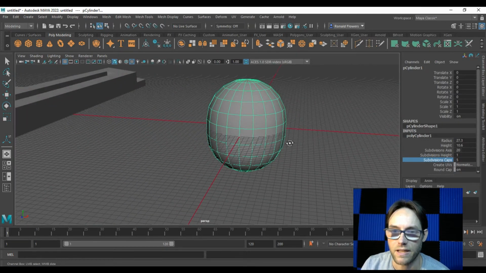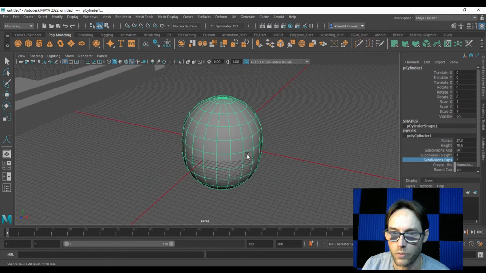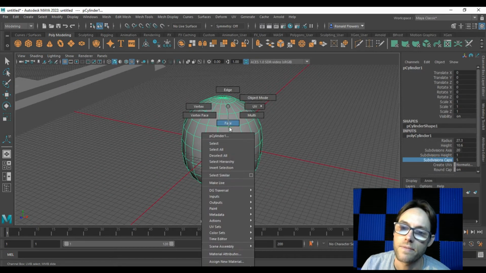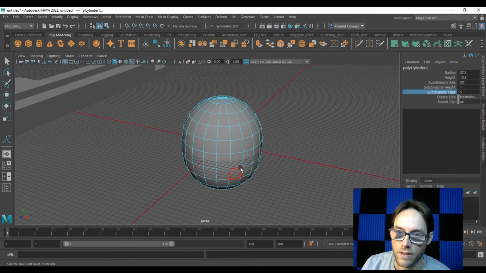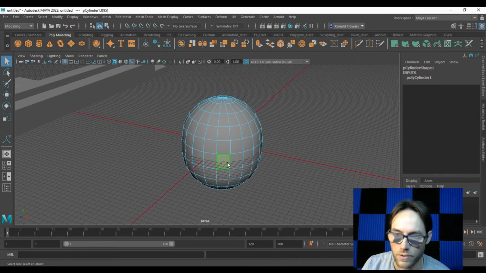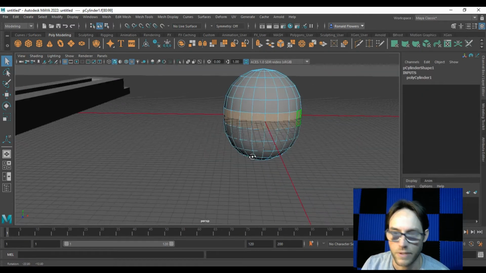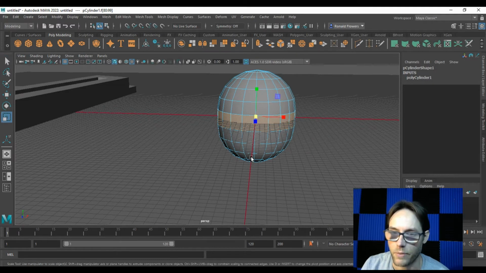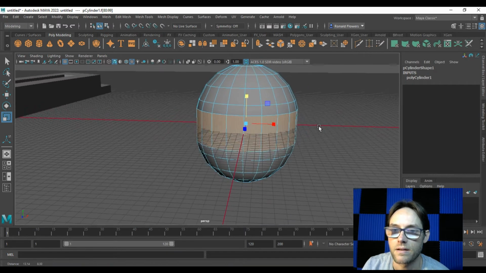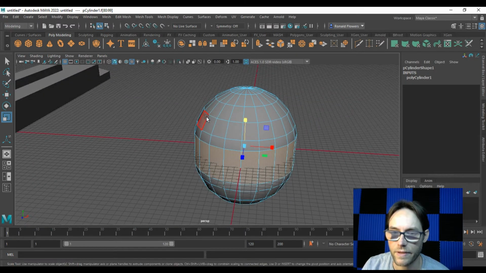What I'm going to do is take the middle row of faces and be creative with it. So face mode, I'm going to grab this middle row, hold shift, double click. Yeah, that's kind of cool. Bring up my scale tool, I'll go ahead and just scale these up. And then I get the outer,